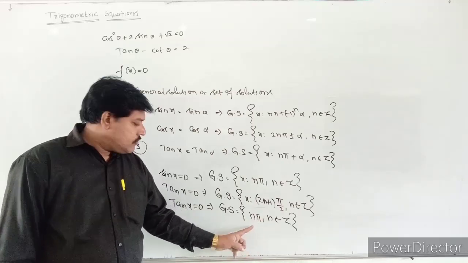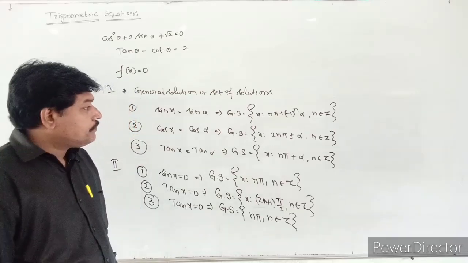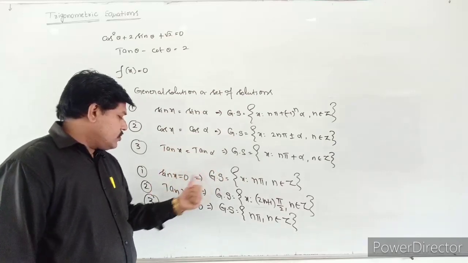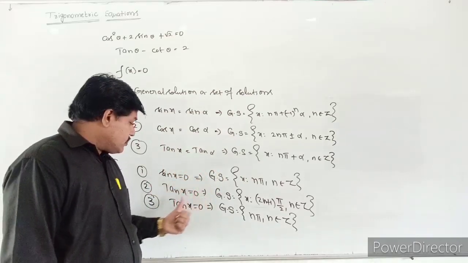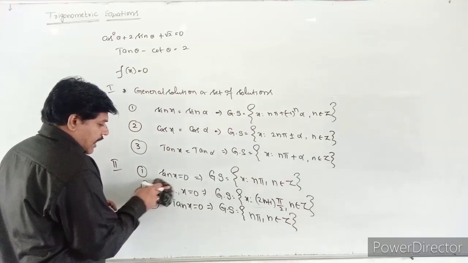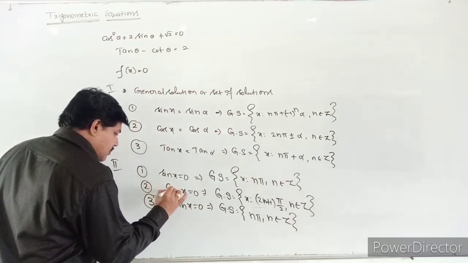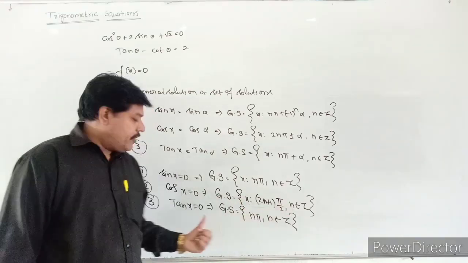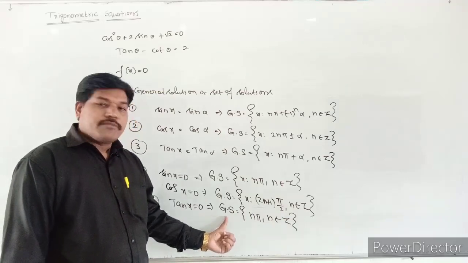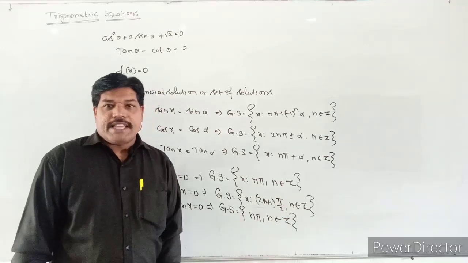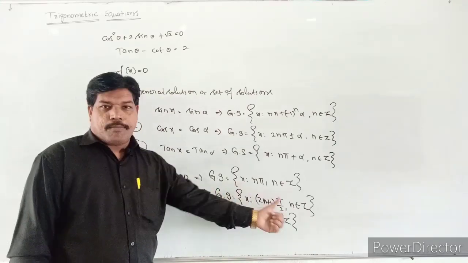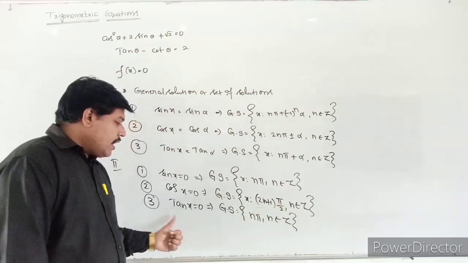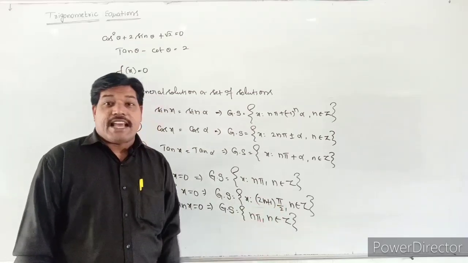Are all of you understanding this? So see this condition, students. Sin x is equal to 0, tan x is equal to 0, cos x is equal to 0. This is the cos x, not the tan, students. So if cos x is equal to 0, then the general solution is x such that x = (2n + 1)π/2. Next, tan x is equal to 0, so what will it become? The general solution is nπ, n belongs to Z. Sin x is equal to 0, nπ. Cos x is equal to 0, x is equal to (2n + 1)π/2. Tan x is equal to 0, then x is equal to nπ.